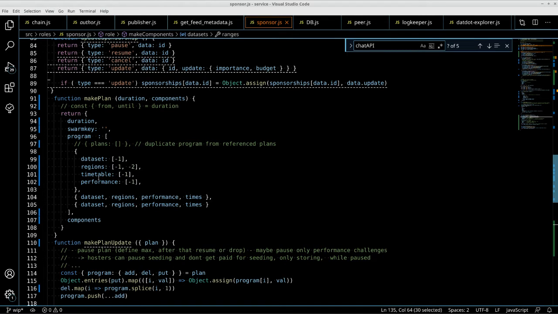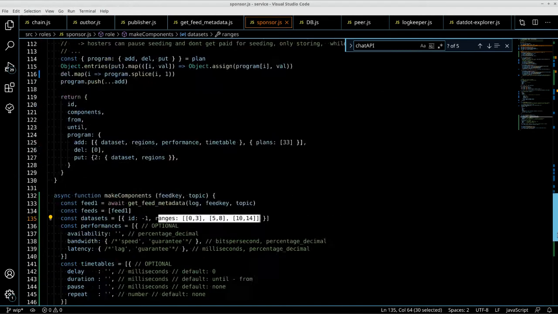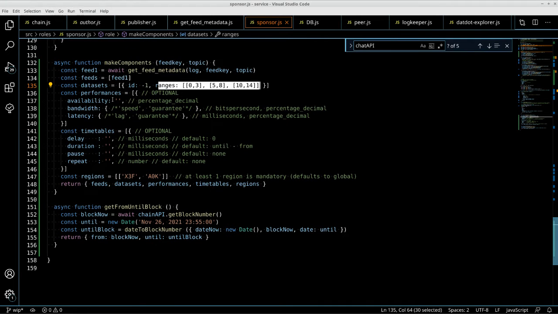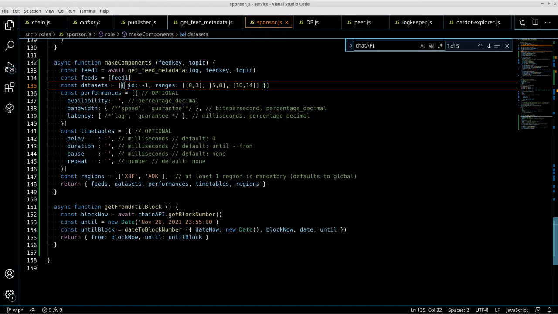And the timetable is basically like in which time. So here are these components. So the data set is the ID of the feed and the ranges. Performances is basically an array of this type of wished performances for the hosting, and timetable is basically something that